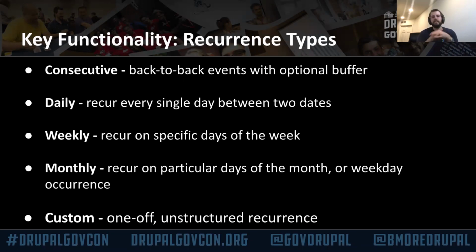But we have consecutive events, and consecutive events are the most recently added recurrence type. It allows you to do things like appointments. As I mentioned earlier, we had a school who were really interested in being able to do parent-teacher bookings. So you could effectively have multiple events in one day, and someone would be able to register for a particular slot with the teacher. It also allows you to have a buffer between those, because you never really want to be bumping right up against each other. So you could have, let's say, a 20-minute event with a 10-minute buffer.